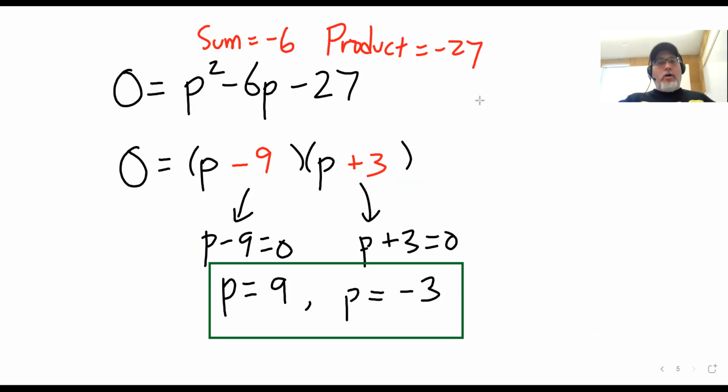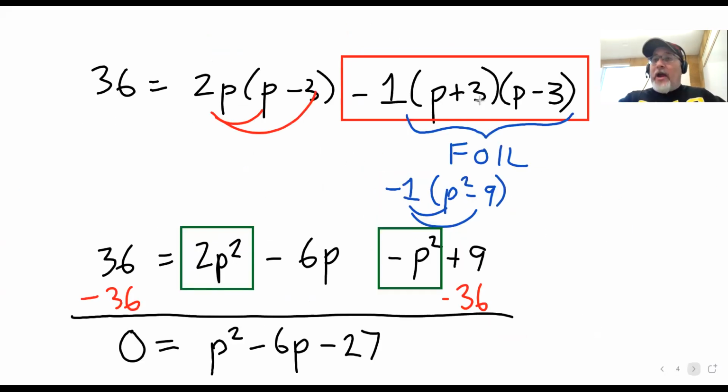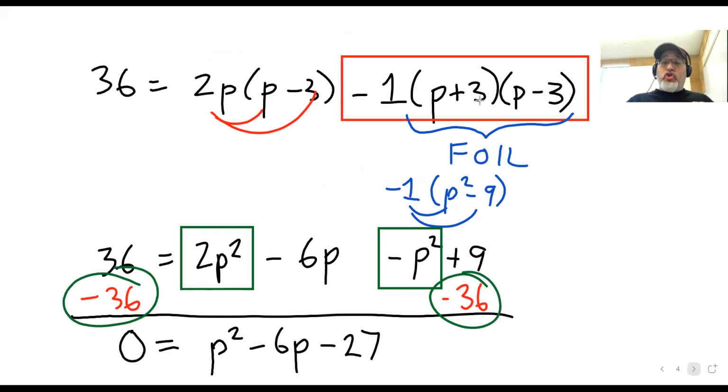We didn't do anything wrong. This happens sometimes with this type of equation. The reason why it happens is kind of stealthy. I'll explain it just briefly. Every move that we did preserves the equality of this equation, meaning if I do something like subtract 36 from both sides like I did here and here,